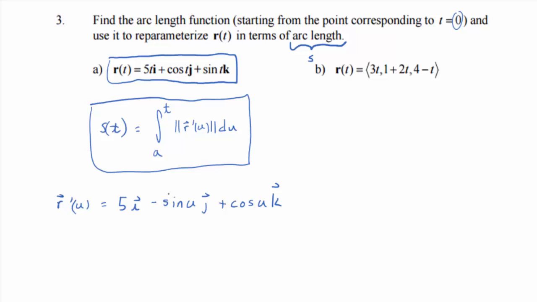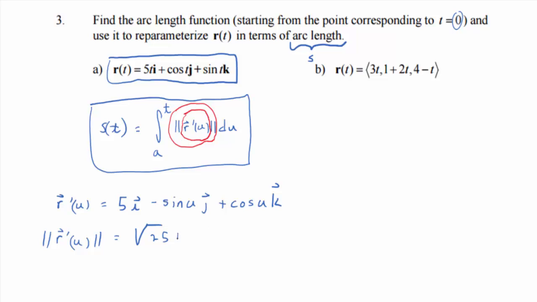So there's r prime u, and then what does the formula say to do with that? We're looking at it from the inside out. So what do I mean by that? Well, the innermost grouping symbol, really. R prime u we found first, and then magnitude, right? Next. So, okay, we can do that. The magnitude of r prime of u, what is that going to be? Square root of